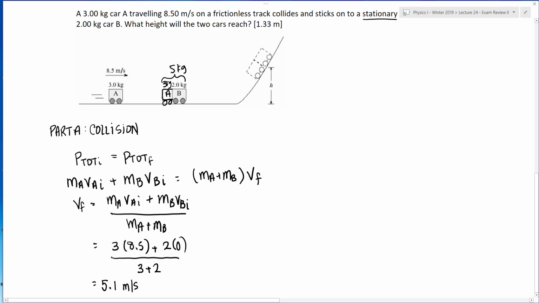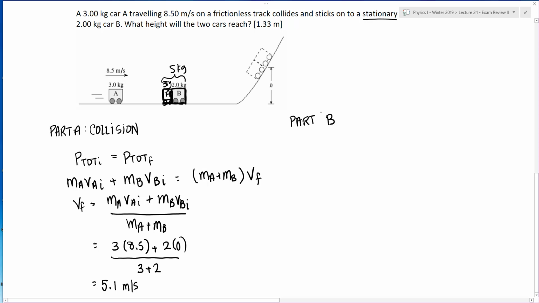In this picture there are wheels here, which makes you think that it's rolling up the track, but there is no mention at all of those wheels. We don't know the size of those wheels or the radius, so we're just going to simplify this and pretend they are just blocks sliding up the track. So part B